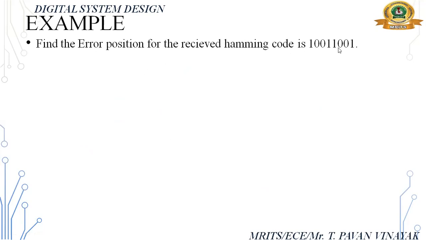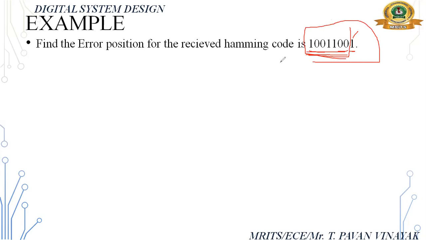Here received bits are how many? Let us check. 8 bits. 4, 4. Total 8 bits. But we know Hamming code is for 7, 4 only, right? So this is the Hamming code and this one is the parity bit for this code. This is the received code, right? Your original Hamming code, what is the parity? 1, 1, 1. 3 ones are available. So add 1. Okay, this is your received code.